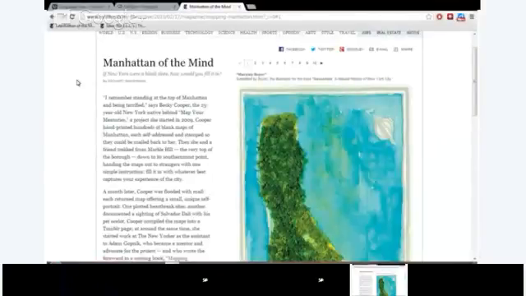So personal geography. Okay, sorry to interrupt. Go ahead, Inga. "I remember standing at the top of Manhattan and being terrified," says Becky Cooper, the 25-year-old New York native behind Map Your Memories, a project she started in 2009.